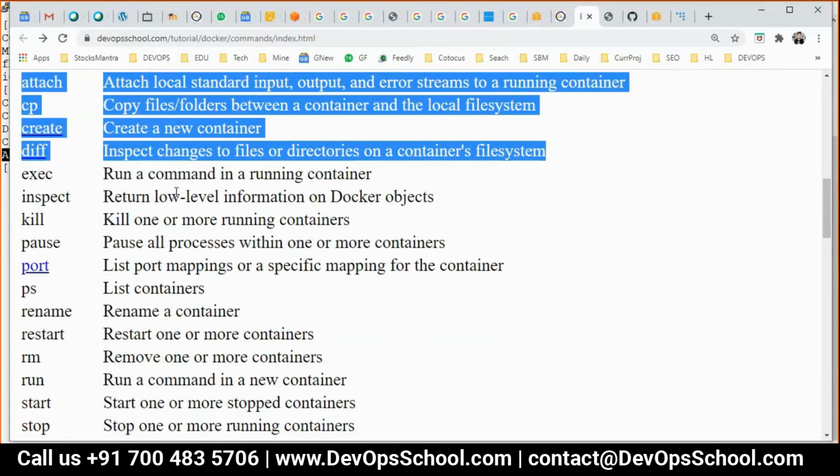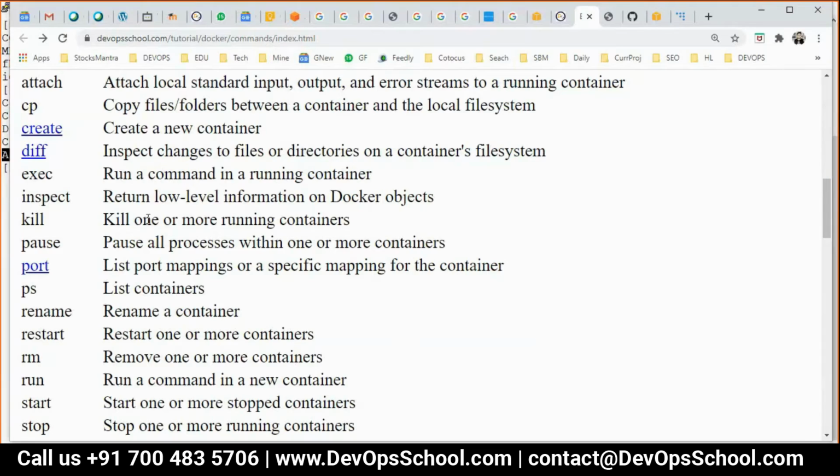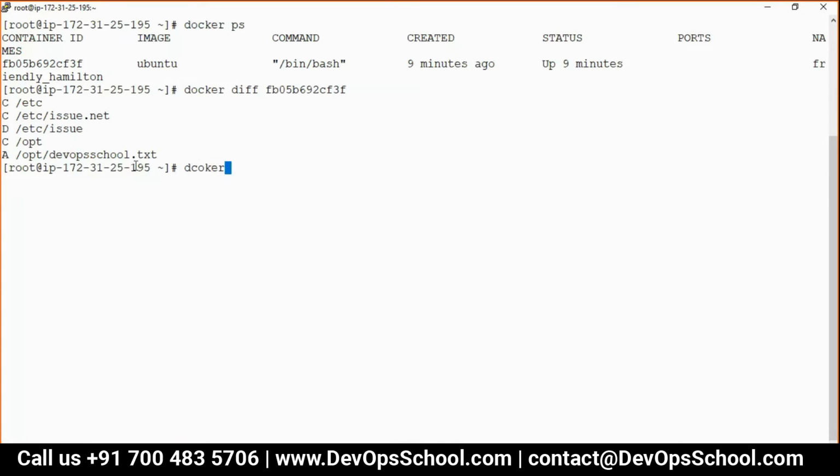So here, I was talking about the port command. So guys, if I say docker port and if I say here, see Ubuntu has not exposed any port. So this expose has not happened in Ubuntu.